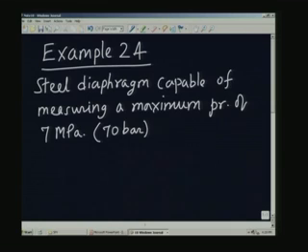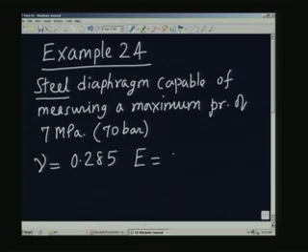Okay. So, we will assume that the steel material has a Poisson ratio of 0.285 and the Young's modulus E is 207 gigapascals. These are assumed for the material we have chosen for the diaphragm. So, the idea is to find out what should be the size of the diaphragm. If we are going to assume that the output required,